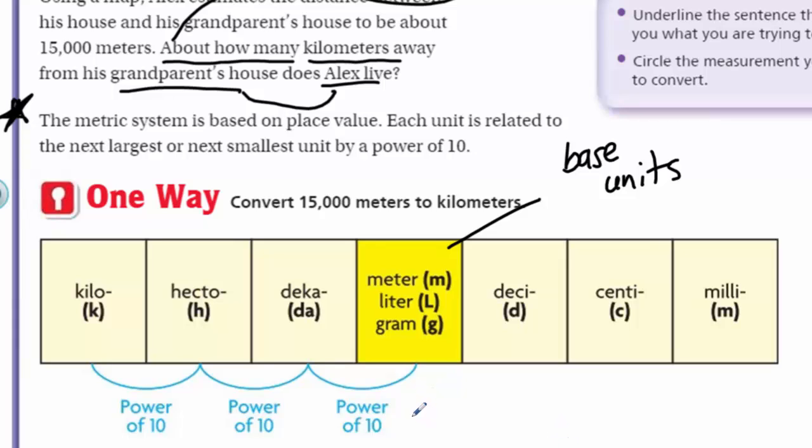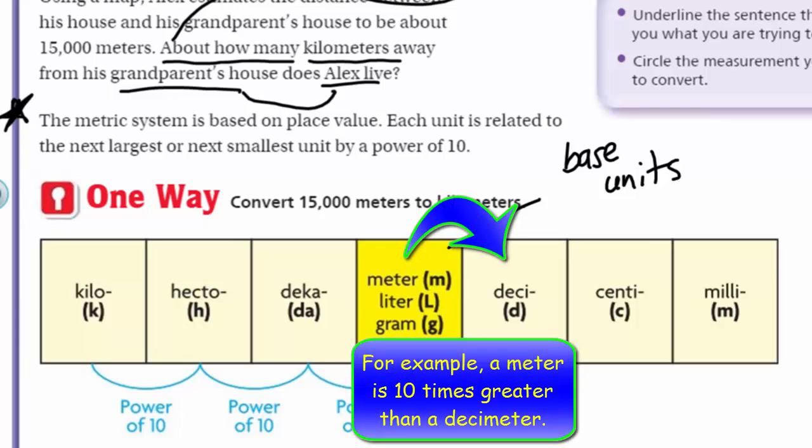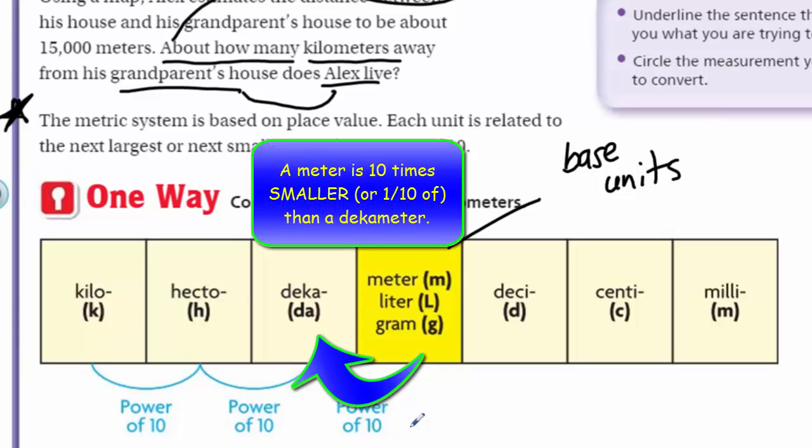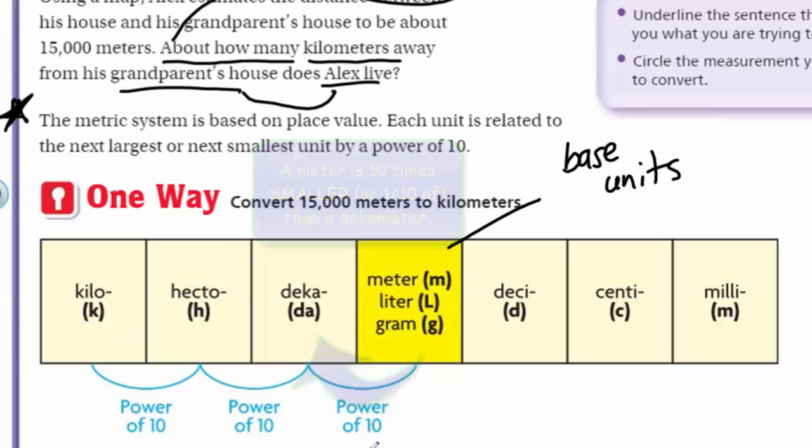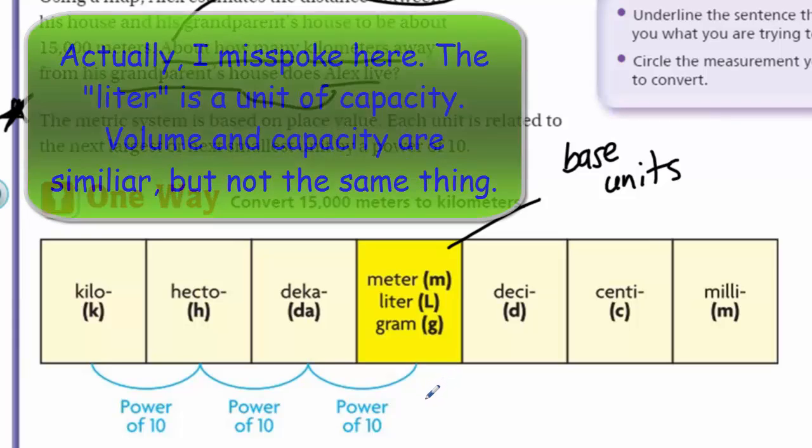And so each unit here is 1 power of 10 greater than the unit to its right and 1 power of 10 smaller than the unit on its left. You see here, this is showing our power of 10. Here we have meter, liter, gram. Meter is a unit of measure for distance, for measurement, and the liter is for volume, and the